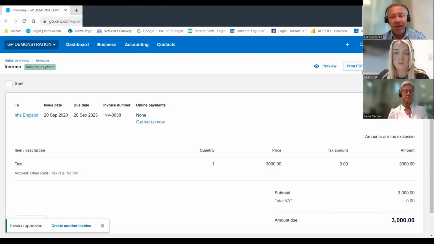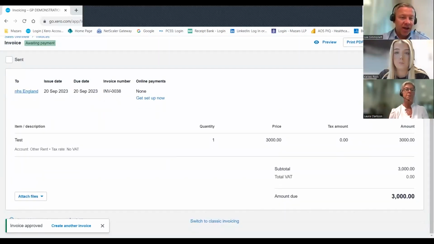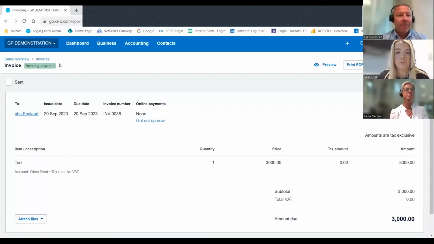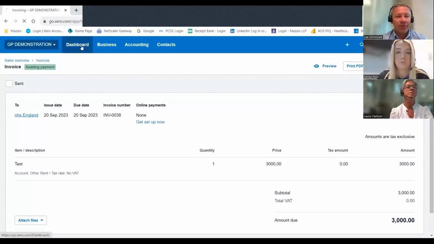You can, if you wanted to print that, you can. You can then attach, if you do have paperwork, you can attach that by uploading it. If you do have two screens, you can just simply drag and drop into this screen and it will automatically upload the paperwork into that invoice there. If we then go back to your dashboard,